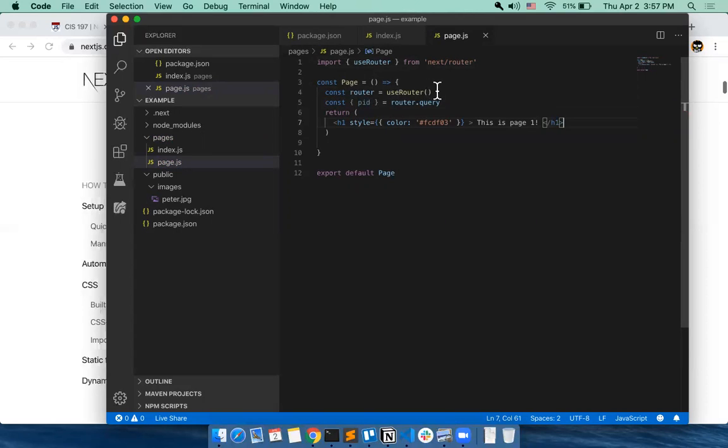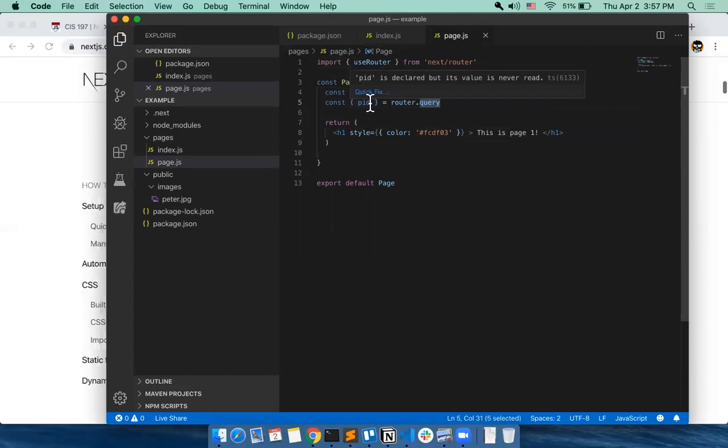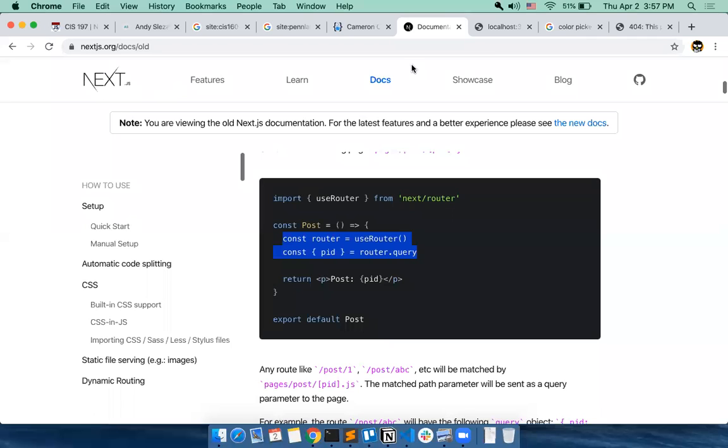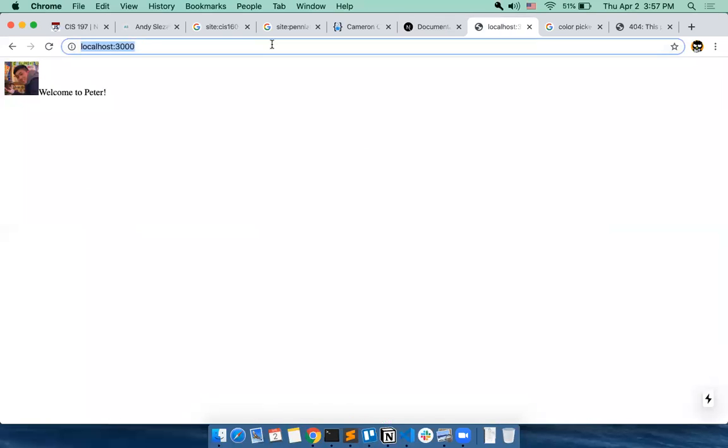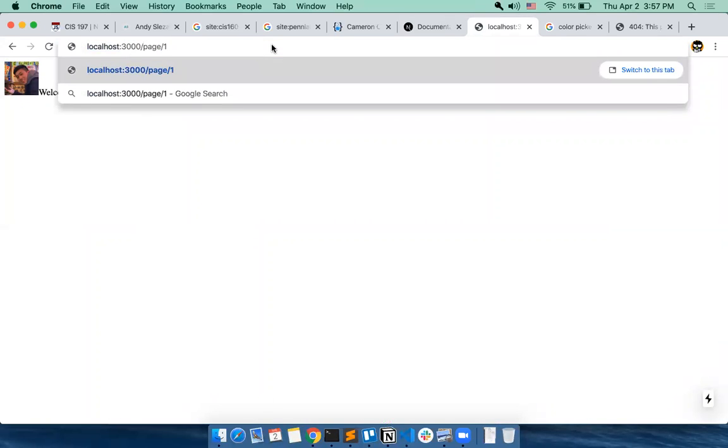So here's just some syntax. After you import useRouter from next/router, you create an object from this called router, and then you're able to get the page ID from this query object. You can treat the query as anything that goes behind this slash,